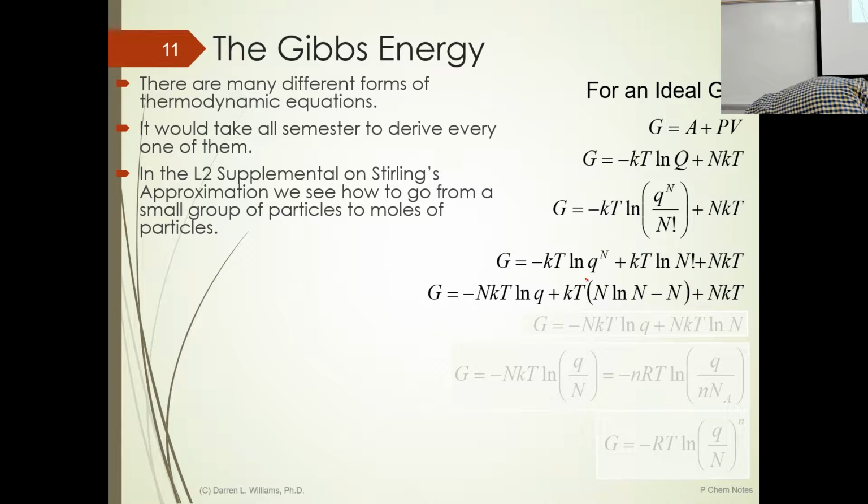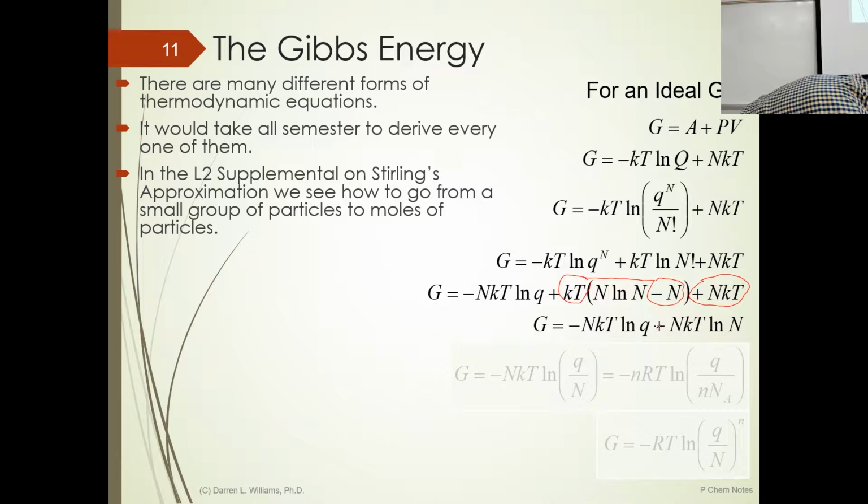And so we're going to have this KT here be multiplied inside, and it's going to give us a minus NKT here. So this KT minus NKT will cancel with this plus NKT. So those are going to go away, and we're going to end up with NKT ln N and NKT ln Q. So that's what Stirling's approximation has helped us do. We got rid of the n factorial. And so now we have the difference in logs. We can go back to a fraction.